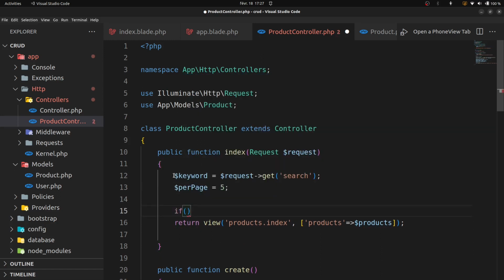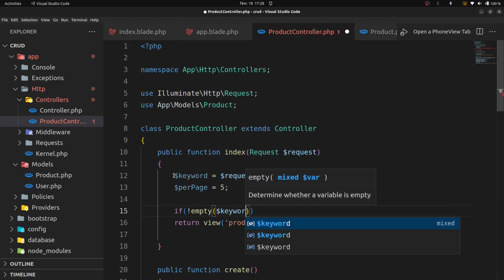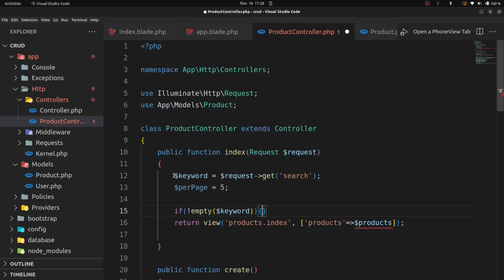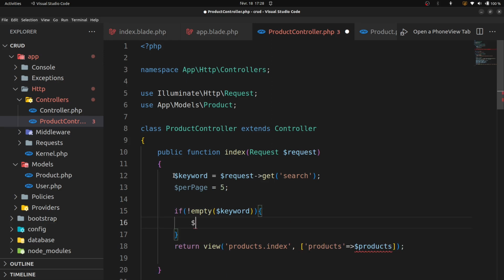If keyword is different from empty, our variable product will return product where name like keyword